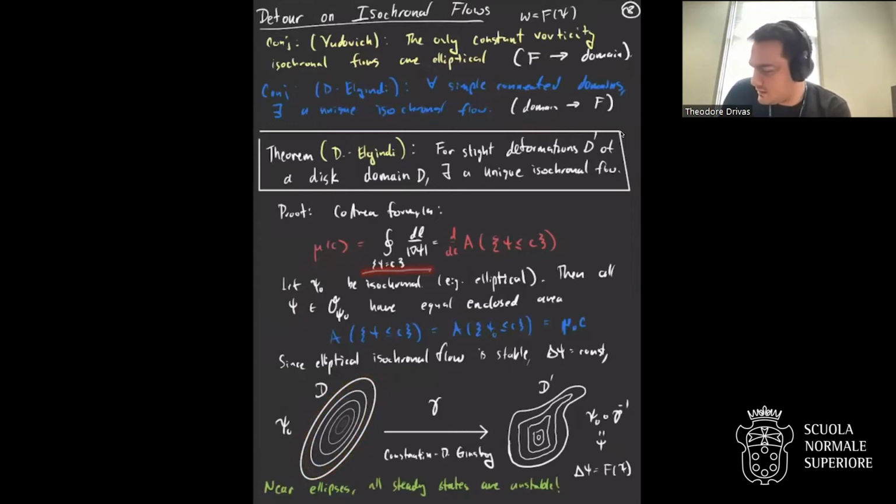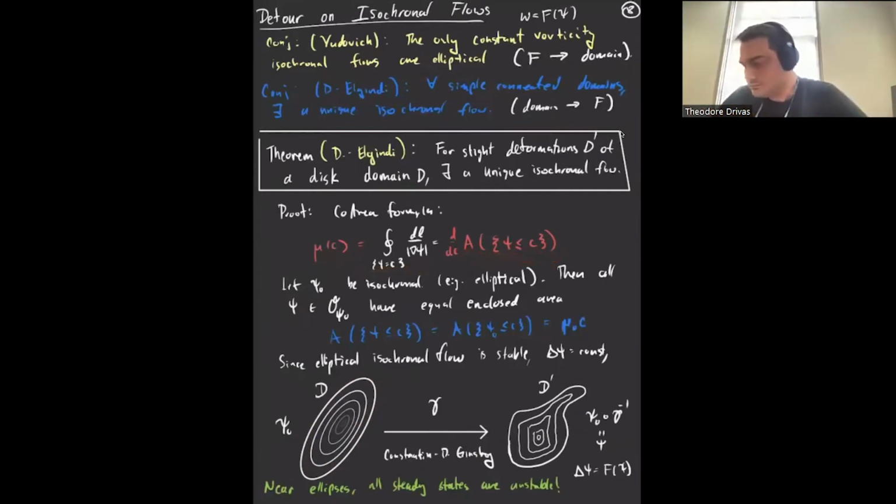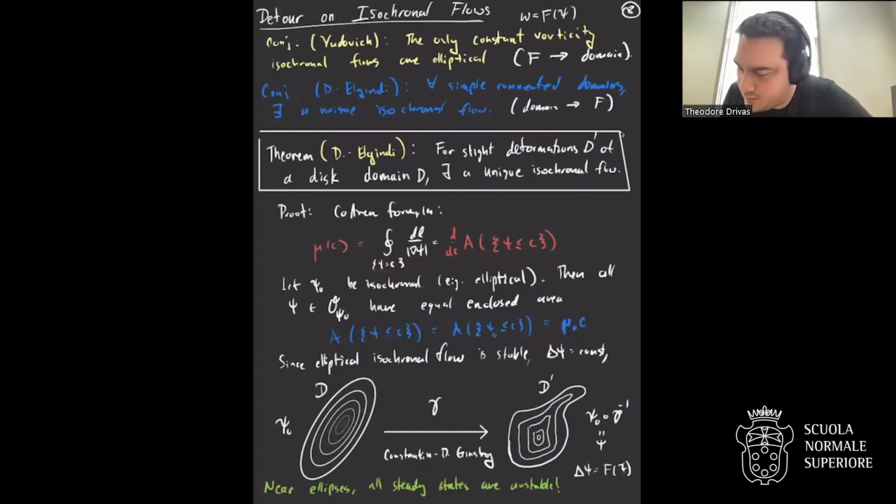And that has an explicit formula in terms of the integral along the streamline of essentially 1 over the modulus of the velocity. And by the co-area formula, this is actually just the rate of change of the area enclosed by that streamline as you vary the level. So immediately from this, you see that if you have an isochronal flow, which means that this period is independent of the streamline you're on, then that implies that the rate of change of this area is constant. So you have that the area grows like the level c.